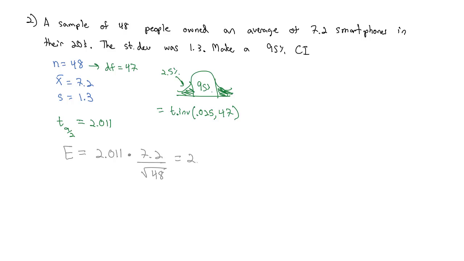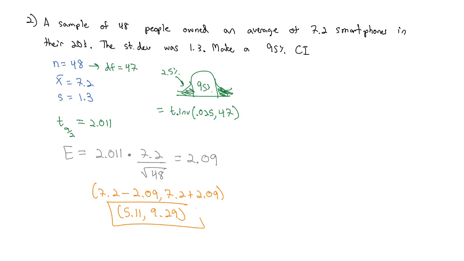Putting this in the calculator, I find out my error is approximately 2.09, which means my smartphone value of 7.2, we can subtract the 2.09 error, or we can add the 2.09 error. When we do that, we get a lower limit of 5.11 and an upper limit of 9.29. This means we are 95% confident that the number of smartphones owned by people in their 20s is between 5.11 and